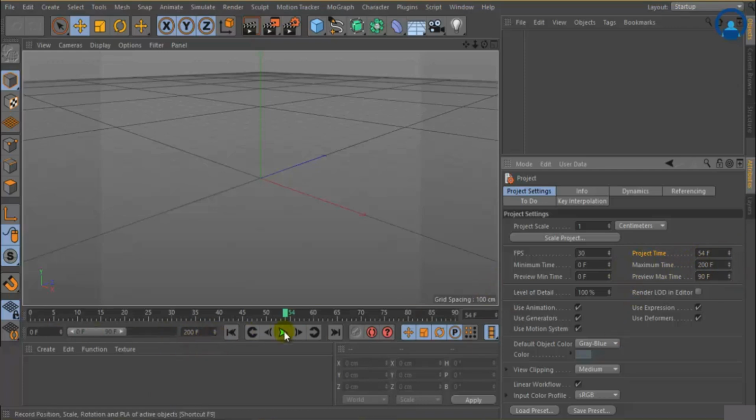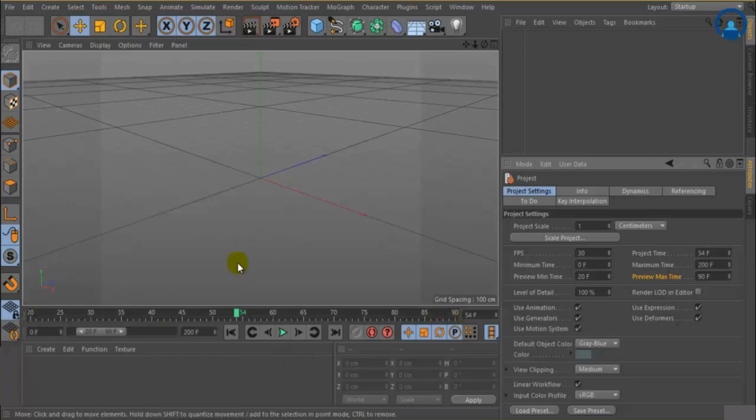Fine. The next thing is preview minimum time. Right now we're seeing only frames 0 to 90. This is my preview time. You can set that by using the preview minimum time and preview maximum time. If I just want to preview from frame 20 to 90, you can see my starting frame is 20 now and my ending frame is 90.